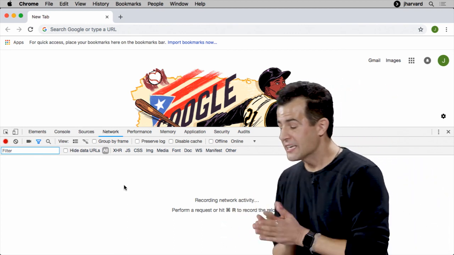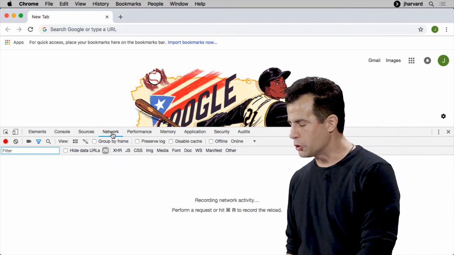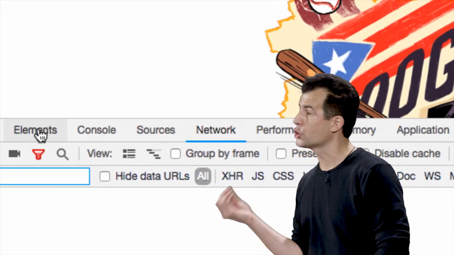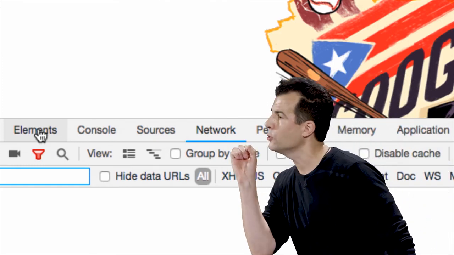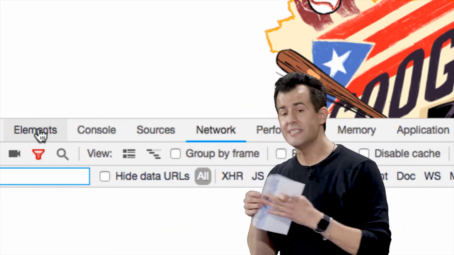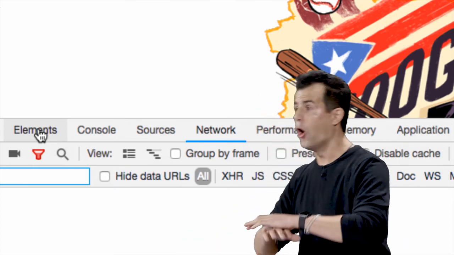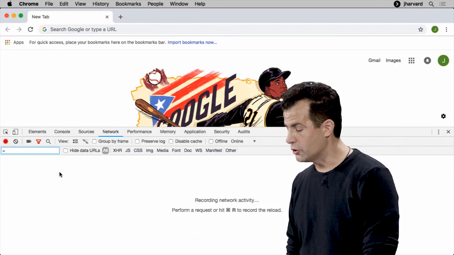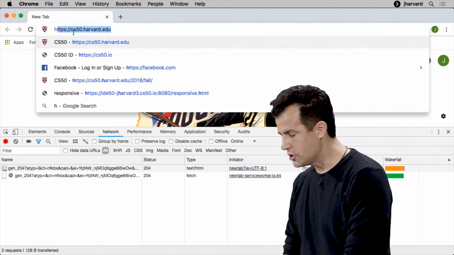So what is this going to allow us to do? Well, notice there's a lot of features here. It's overwhelming at first glance. But there's a tab here called Network. And it turns out that one of the features Chrome gives to developers, which you now all are as software developers, is the ability to see what's going on underneath the hood of a browser, to see what is inside of these sort of virtual envelopes that your browser has all those years been sending from itself to servers elsewhere. So I'm going to go ahead and actually visit